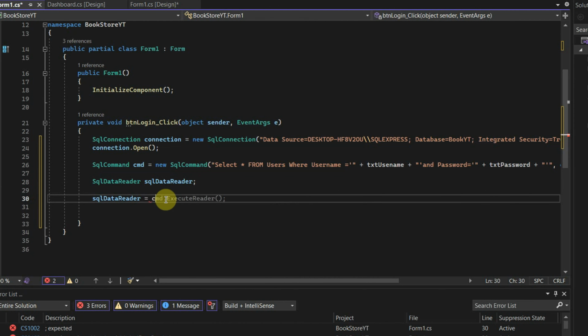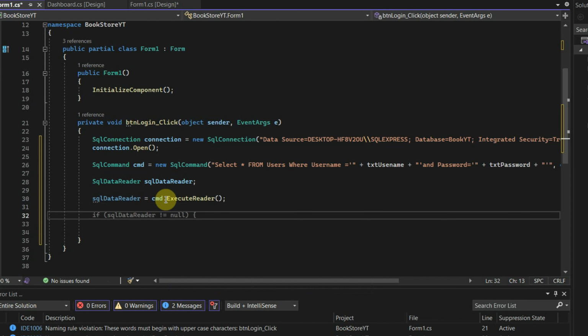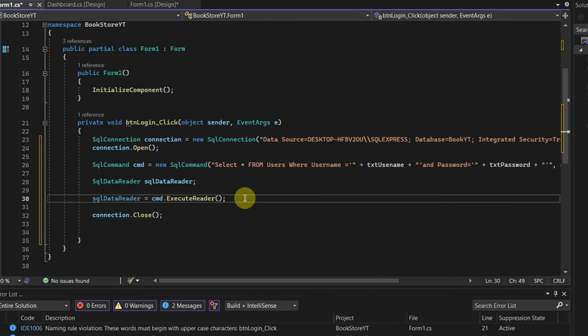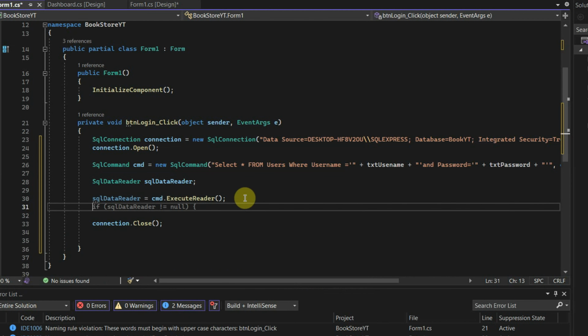It's equal cmd ExecuteReader. But here let's close the connection firstly. And here SqlDataReader helps to read the data inside of the SQL table in every single line. Here if SqlDataReader read,